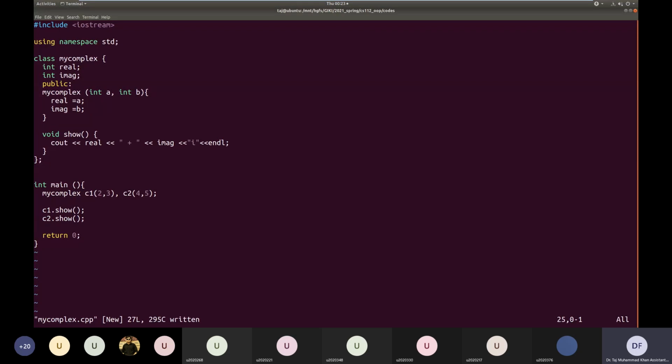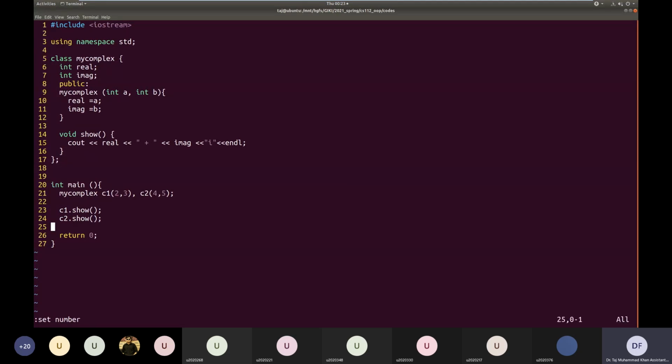Okay, so I have declared a class to simulate the behavior of complex numbers. By default, the C++ language gives you whole numbers, decimal numbers, ASCII characters, etc. So inside the language, you don't have support for complex numbers.